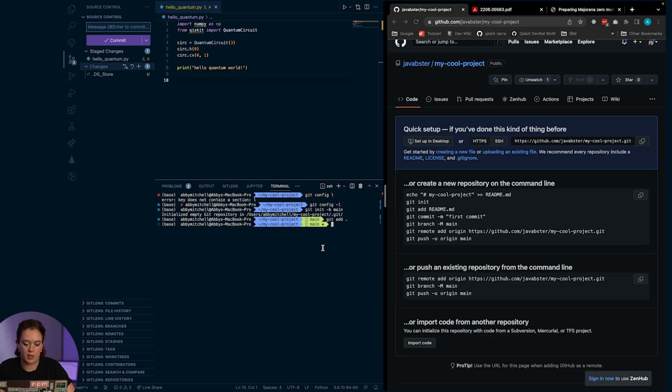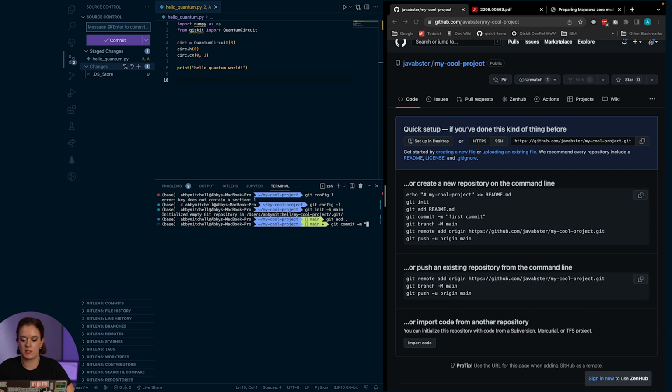So to do this, now that I've added the file into the staging area, I have my little plus here in my terminal, so it shows that I have some files in the staging area. I'm going to say git commit -m. -m means I'm going to add a message. It's really good practice to add messages to your commits so that when you're looking at your history of your code, you can see what did you do at that point? What did you change and what are you saving now?